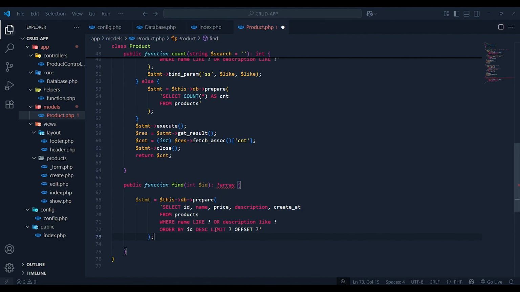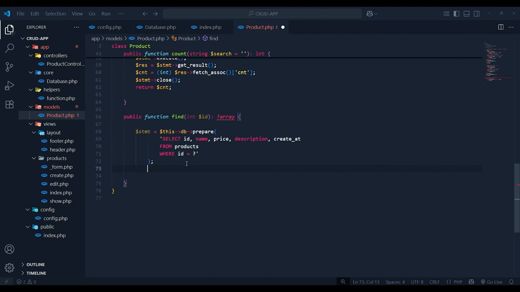Now we have to update our query. So after that, let's find the parameters. Because we have only one parameter, we will be binding that with i. And then we will execute and get the results. The best thing about object-oriented programming is that once you write the basic functions, you can use those functions later